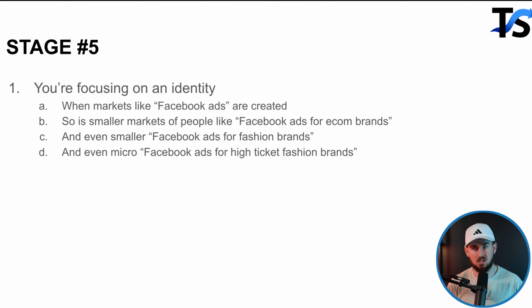But then we get to stage 5, which is, okay, hey, none of these things worked. How do I separate myself? And that's when you start focusing on identity marketing. So all I kept saying was Facebook ads, Facebook ads, Facebook ads. Then we start looking at, all right, well, this is Facebook ads for e-com brands. That's how I separate myself in stage 5. Hey, I know you failed with all these strategies, but I run Facebook ads for e-com brands only. Cool, let me try you out. Then it goes to the next one.